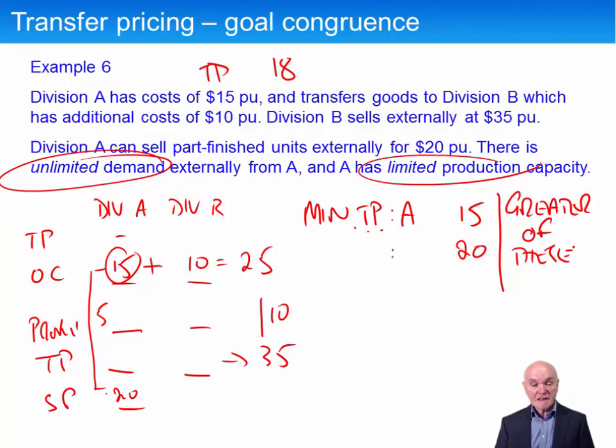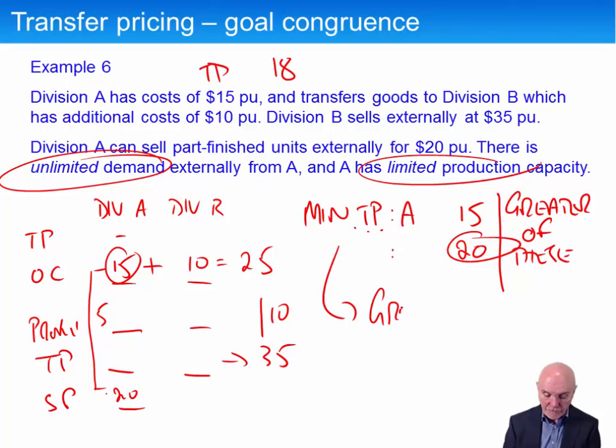The transfer price has to be at least 15 to work at all, for A to make it at all, but then for B selling up through the group to compete successfully with selling outside, we have to provide it really with a competing price of 20. Now normally, in fact, it's not actually explained quite like that or defined quite like that. It's usually defined as a minimum transfer price.